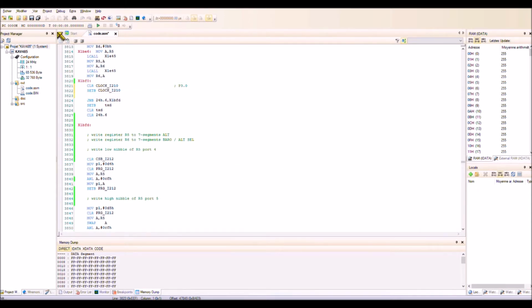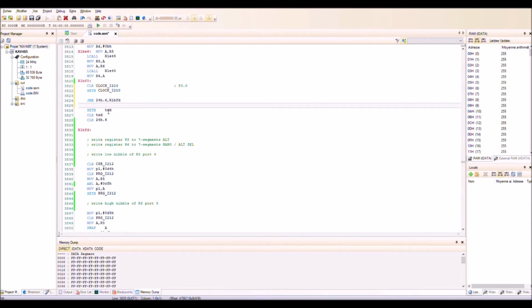Okay, so it is only at this place. This seems normal. You have only one routine in order to display something. So this is a part of the multiplexing. At this time we have a change of the display, of the digit actually. And we have another thing which is TXD. This is the transmit line, but it is the same. So this is probably the reset of this part. It is a reset P3.0.